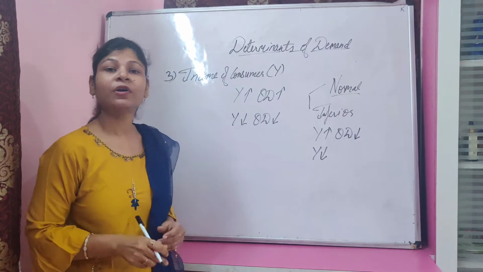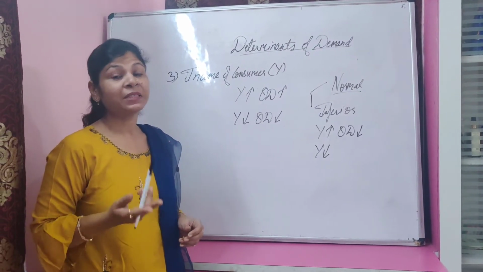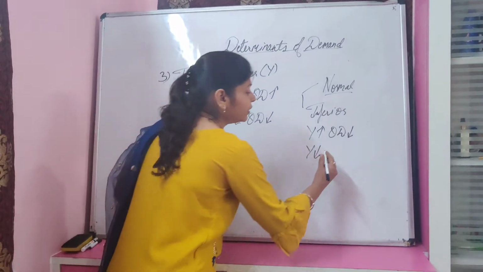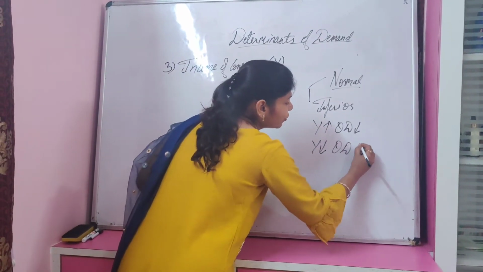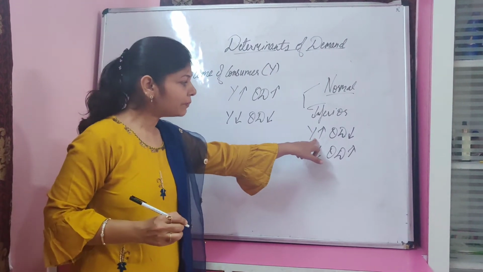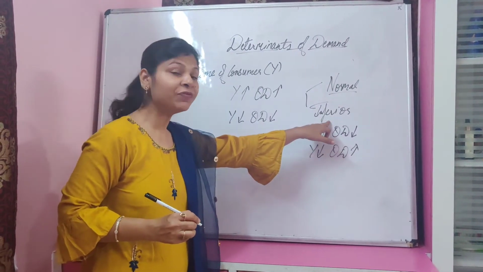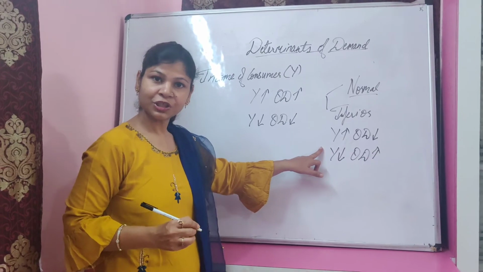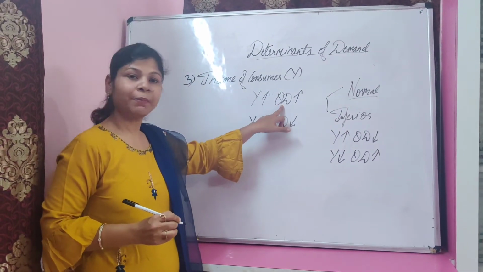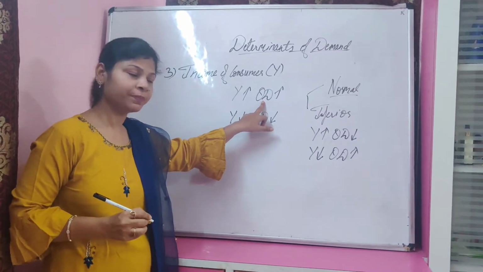now consumers are not in a better position. So their budget will reduce. So they have to buy more inferior goods than before. Therefore, quantity demanded of inferior goods will increase. So what does it show? That income and quantity demanded in the case of inferior goods have an inverse relationship, but in the case of normal goods, income and quantity demanded have a direct relationship.